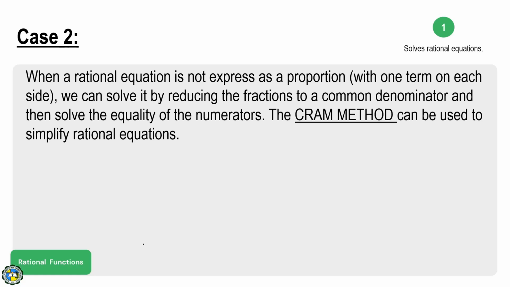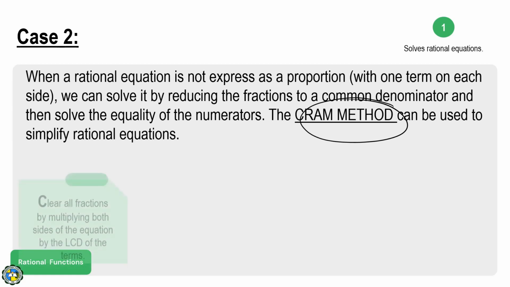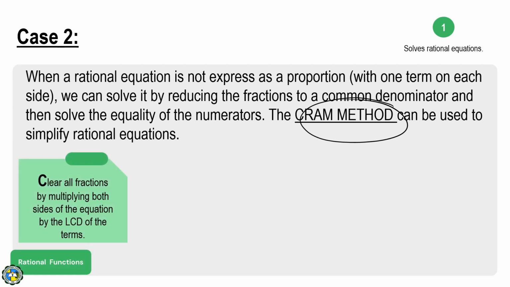And most likely, the method we are going to use here for us to simplify the rational equation is using the CRAM method. So earlier, we used cross multiplication. Here, we are going to use CRAM method po. Okay? So, sa CRAM method, pag sinabi natin CRAM method, C stands for clear all fractions by multiplying